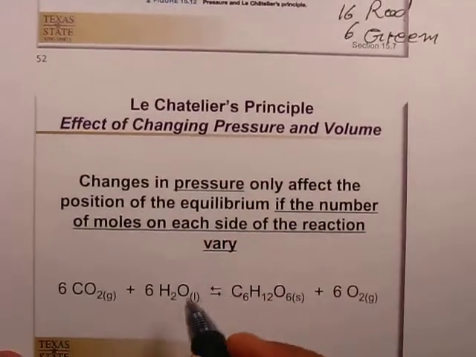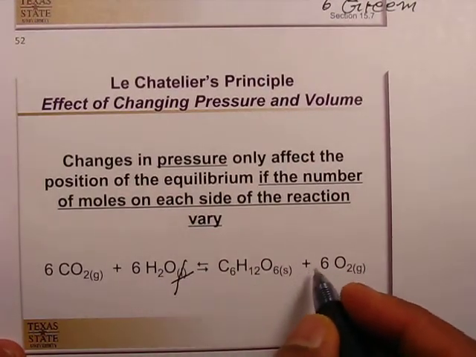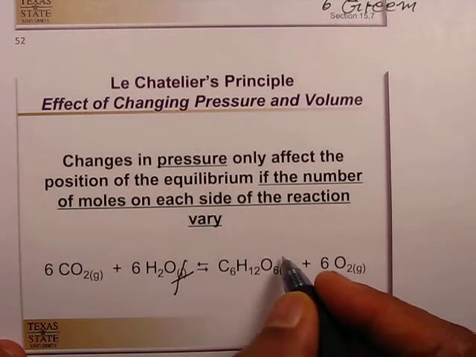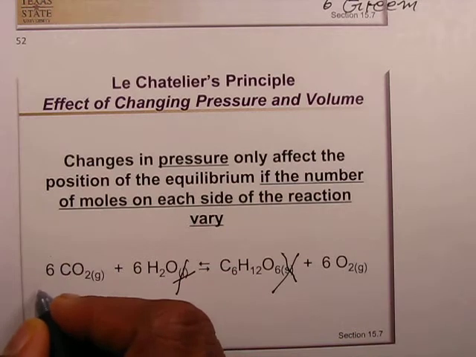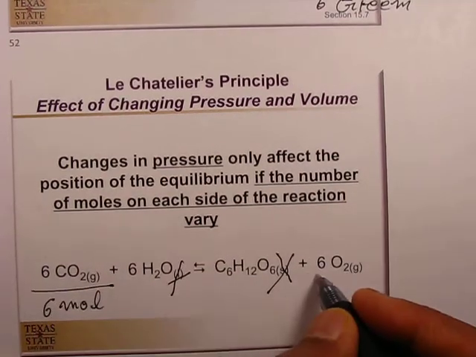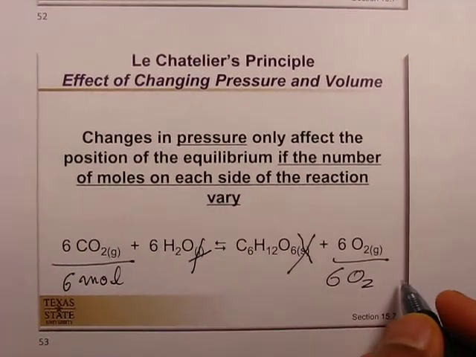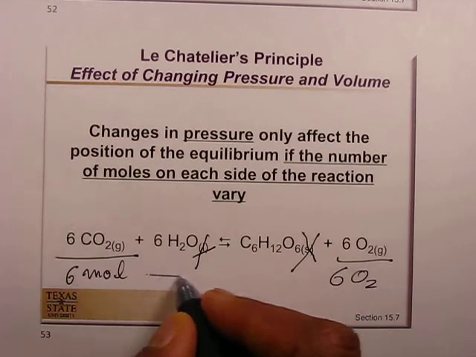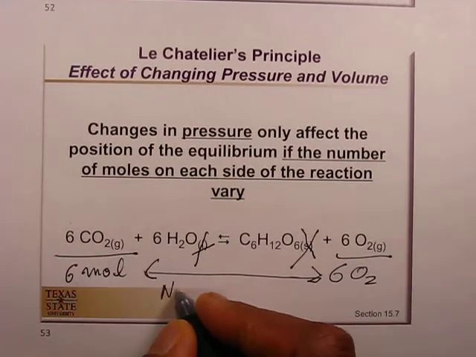If so, here for this reaction you can see this is in the liquid form, pure liquid, which we do not include in the equilibrium, and this is pure solid, this is not taking part in the equilibrium. And here we have 6 mole reactant carbon dioxide gas and 6 mole oxygen product. So both have the same number of moles, right. So no effect